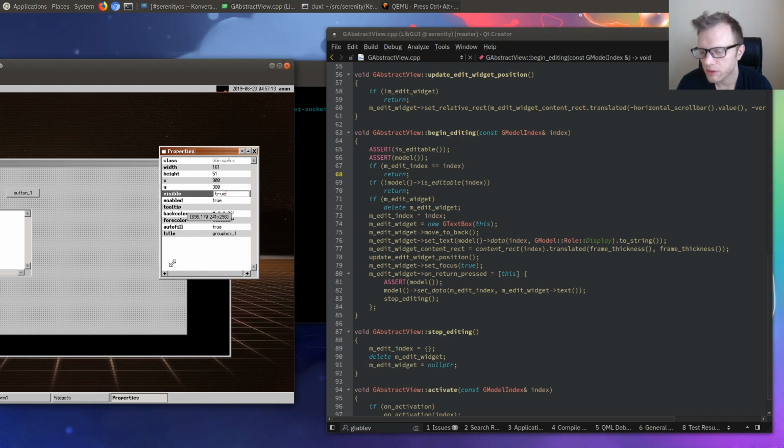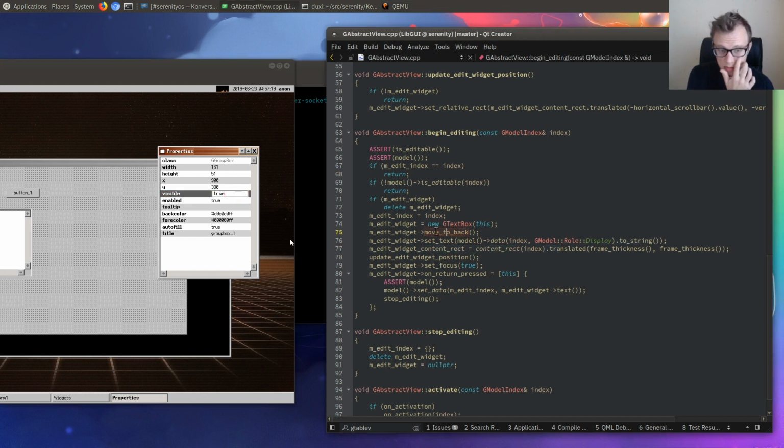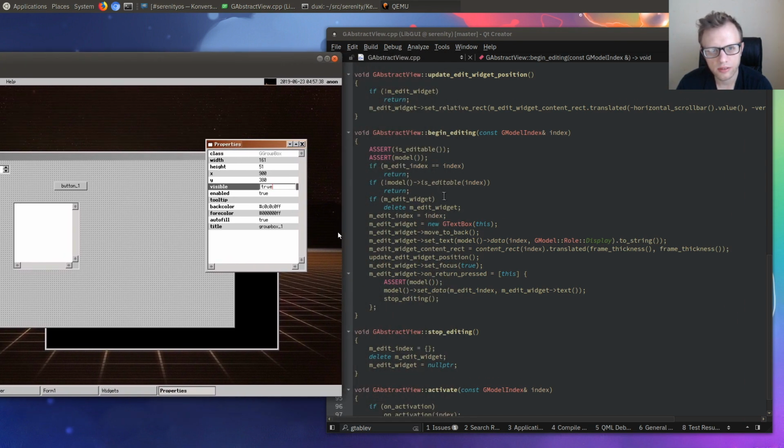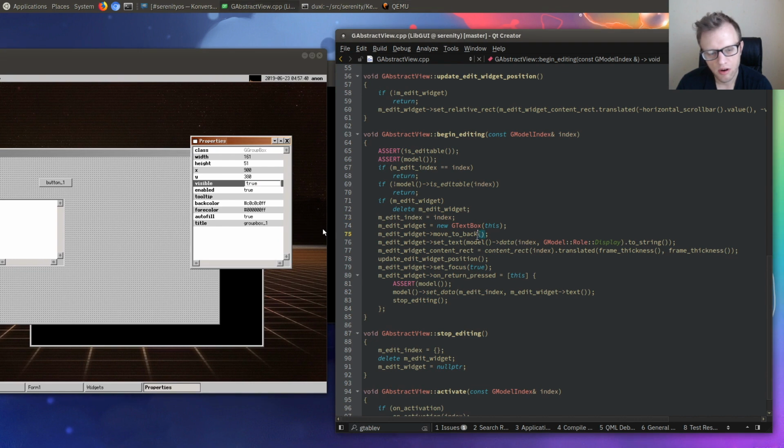Okay, so basically right now all that we do is we just create a text box and then put it above where the item would normally be visible, and that's the text box that you see here. So what we want to do is make it possible to create a custom widget. I think the way we want to do that is maybe we can have a callback,